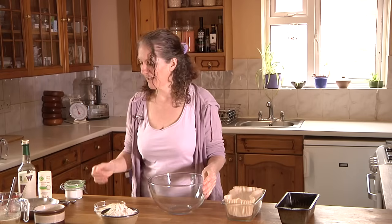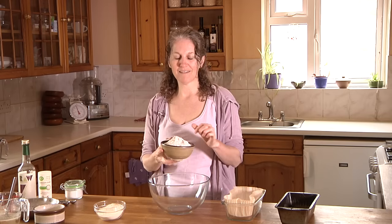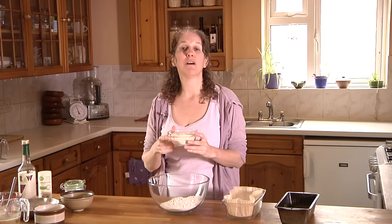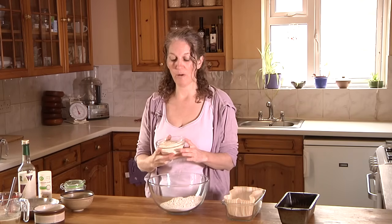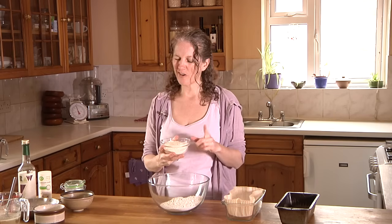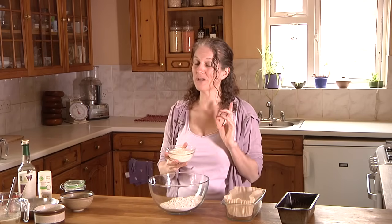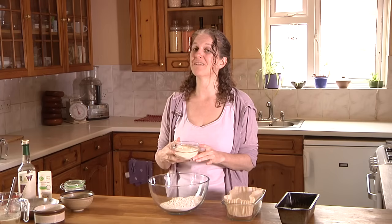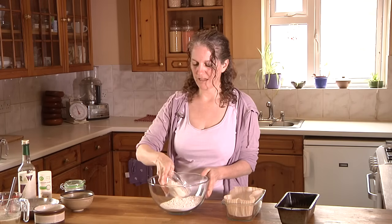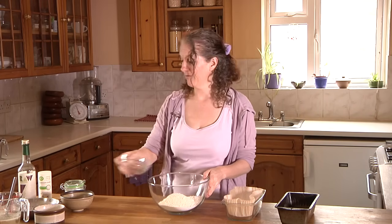Okay, so what else do we have? I have 200 grams of oatmeal. This is actually ground oats or oat flour. I have 75 grams of coconut flour. Now, it's really great to use coconut flour if you can get it. I know that if I run out of coconut flour, I do sometimes substitute with potato starch, but coconut flour is just going to give it this really wonderful alchemy. So 75 grams of coconut flour,